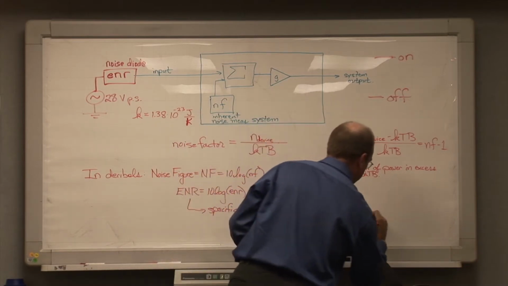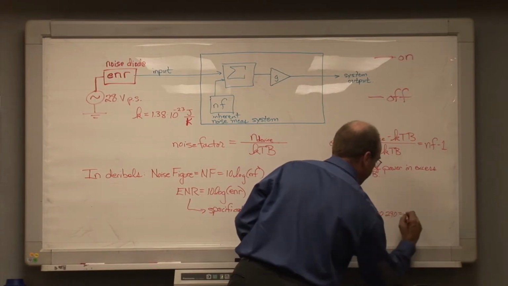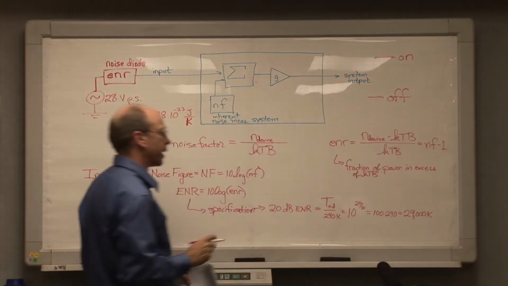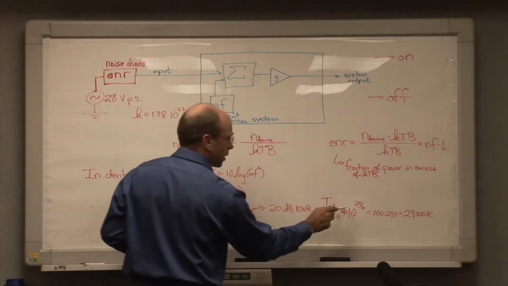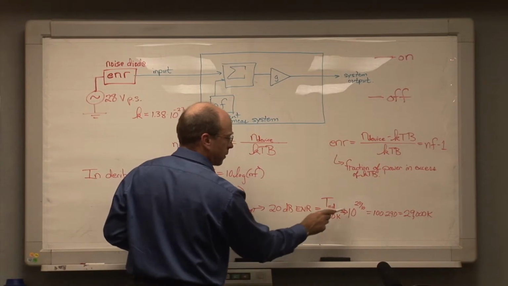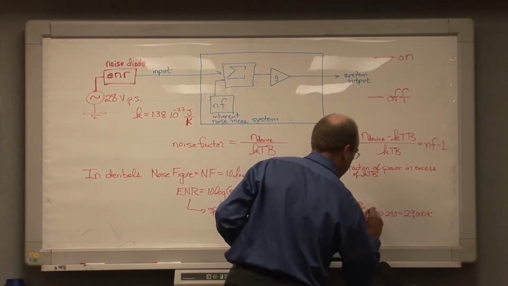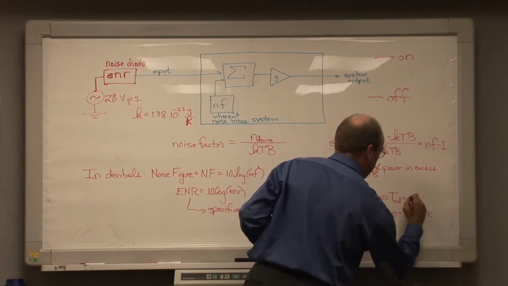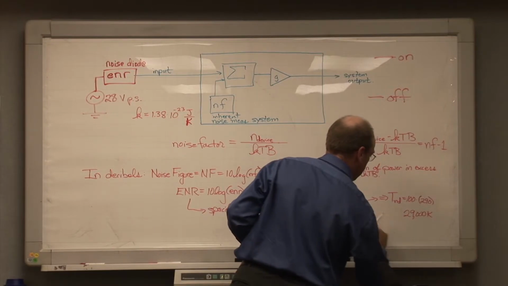Times 290, so that is going to be 100 times basically 290. That's basically going to be 29,000 Kelvin. I just want to make sure I was doing that right. Actually, this isn't equal to, but what you do here is take this ratio. Temperature of the noise diode divided by room temperature is going to be equal to 10 to the 20 over 10. That implies that the temperature of the noise diode is equal to 100 times room temperature, 290 Kelvin, which gets us the